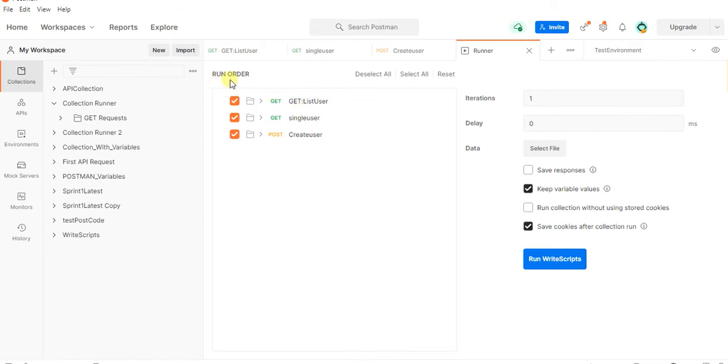For the run order, we have get list user, single user, and create users. Here I'll be giving iteration 1, and I'm not giving any delay. I'm not adding any data files over here. I will just run this script.